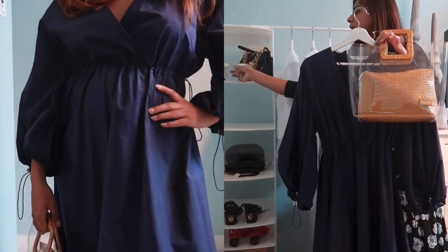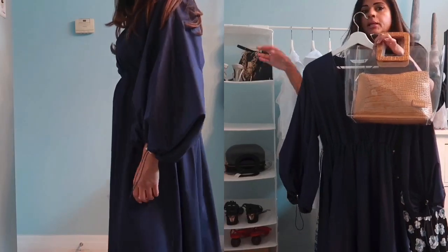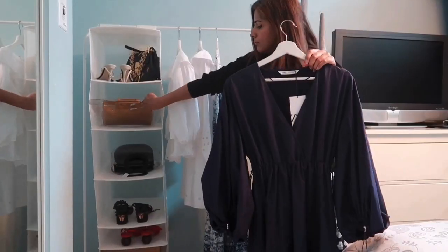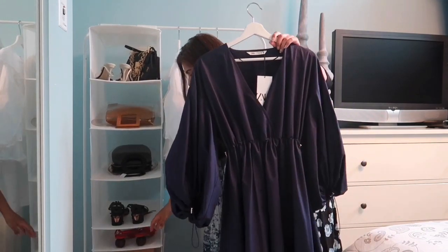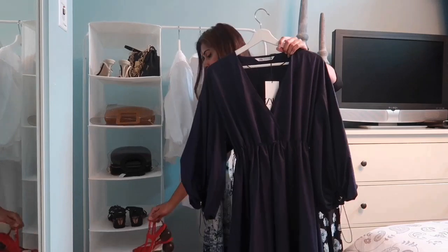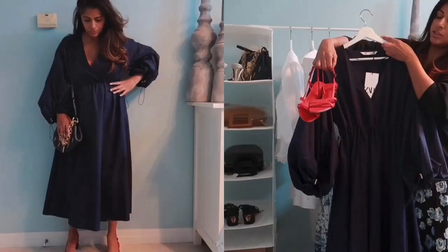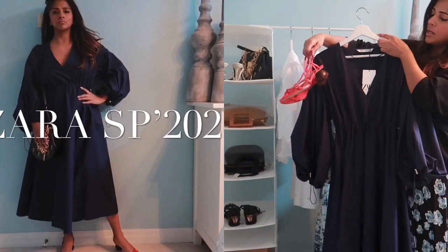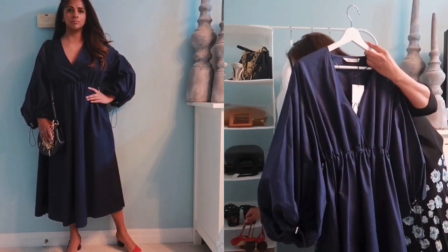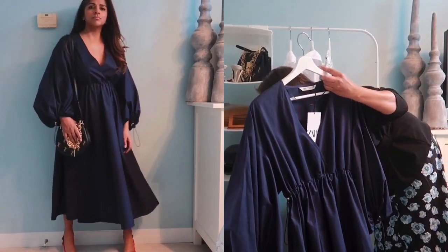If I wanted to change things up, I could probably get rid of this bag here, and I could style it up with a pop of color. So I could probably do these red shoes. These again are Zara from last season, but it adds a nice pop of color. And then maybe style it up with,